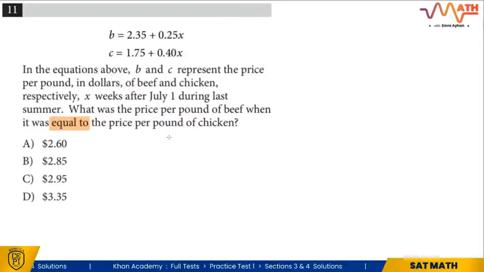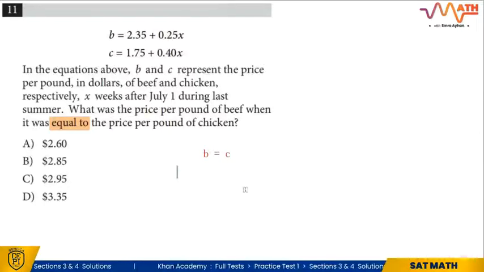Number 11. In the equations above, B and C represent the price per pound in dollars of beef and chicken respectively, x weeks after July 1 during last summer. What was the price per pound of beef when it was equal to the price per pound of chicken? So we need to equalize these equations to solve and find the price of chicken or beef because it's going to be equal. So let's write B is equal to C, and here